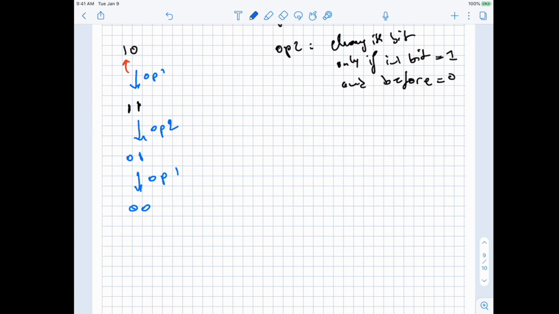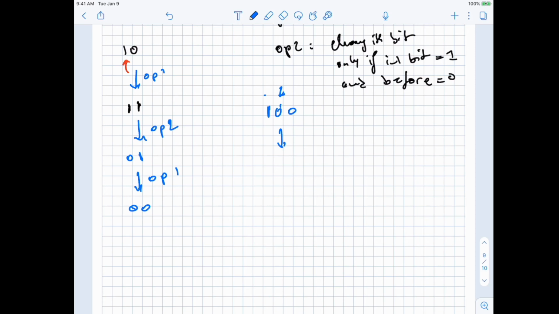Okay, so now let's take a look at another example. Let's expand this a little bit. Let's say we have 1, 0, 0. So what do we do? Well, we need to get this one to be 1 so that we can change this one. Can we do it right away? We can't actually, because